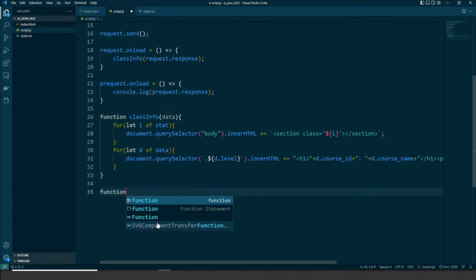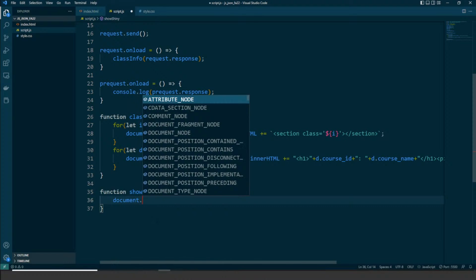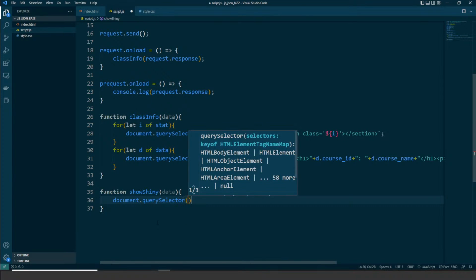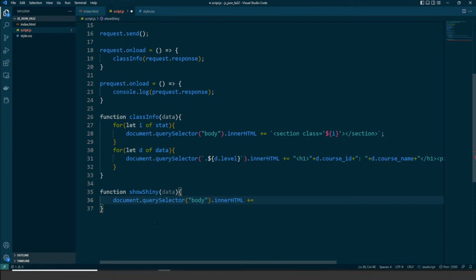So let's write a function. We'll call it show shiny. We'll pass our data into it. Remember, parameters are scoped to the function, so I can use the same parameter for different functions. And in this instance, I can document.querySelector body dot inner HTML plus equals. I'm going to put it in an image tag. So let's use our backticks here just so we can use the dollar sign type formatting. Let's see, it's img src equals